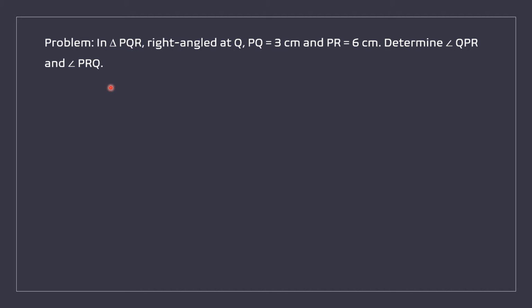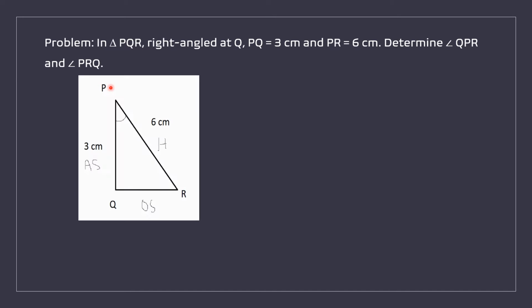Okay, let us represent this data in the form of a diagram first. The diagram will be like this. Here he told the triangle PQR. I have taken a right triangle PQR. Right angle at Q he mentioned, that's why the right angle we have taken at Q. And P and R anywhere you can take. I have taken P here and R here. Therefore PQR is a right triangle at Q.